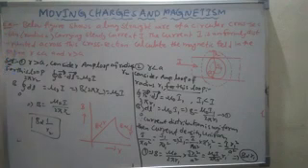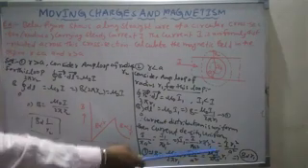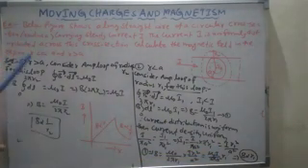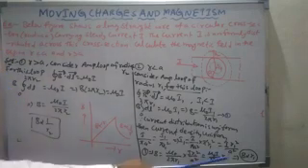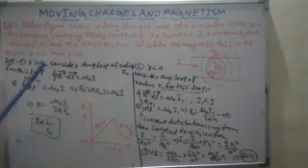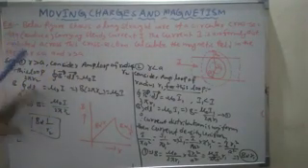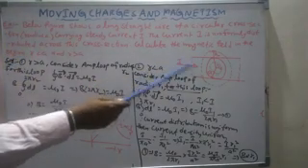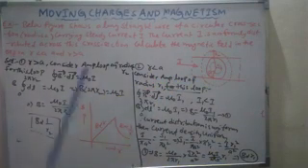Magnetic field induction due to the current carrying wire on its surface: mu naught I by 2 pi a. Magnetic field induction due to the current carrying wire outside: mu naught I by 2 pi r2. Magnetic field induction due to the current carrying wire on its axis: on its axis r1 is 0, so the magnetic field induction on its axis is 0. Yesterday we understood that point also. Clear? Once again I am revising: on its axis, r1 is 0, so B is 0.